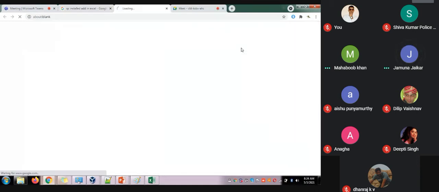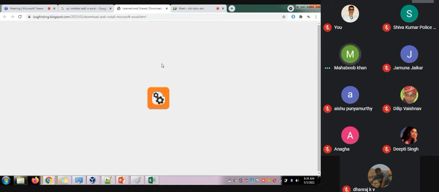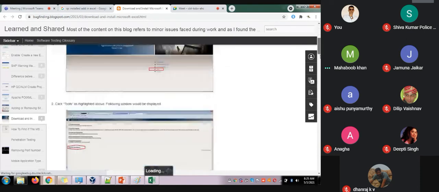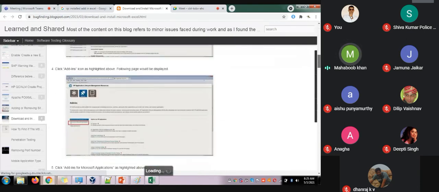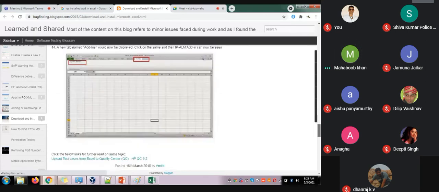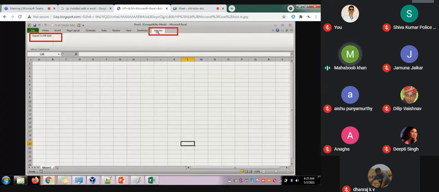Yes, sir. When you see this add-in button, under it you will be able to see the options. Here they have mentioned, but it is not proper, guys. Don't rely on this, this screenshot I was showing you. Once this is installed, there is export HPALM, export Quality Center.